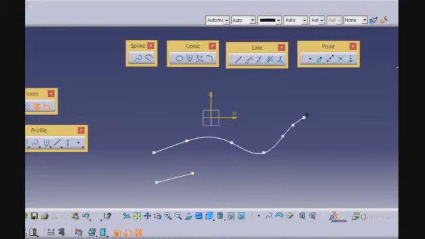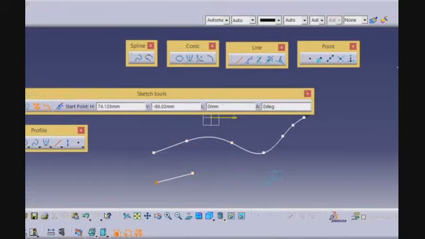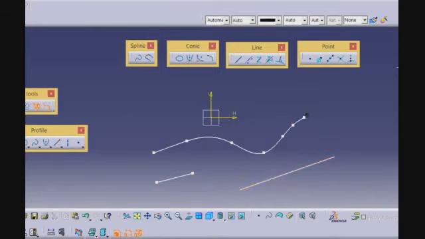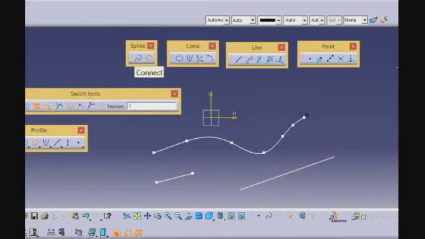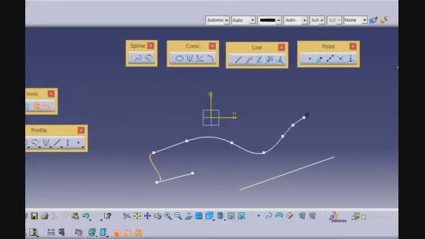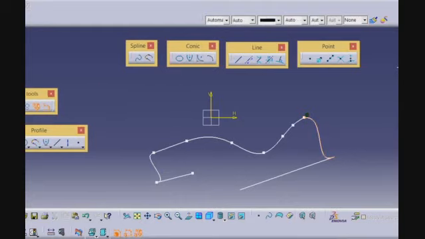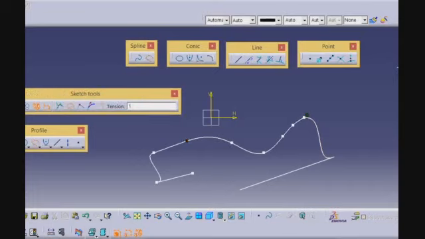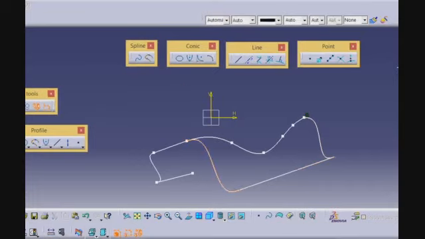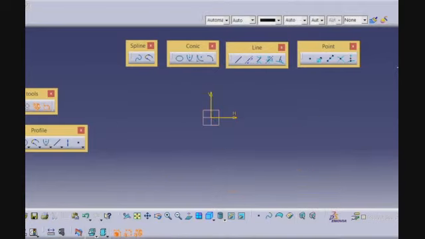You can alter the spline using different control points. However you want, you can modify the spline as per your requirement. Next is connect. For connect, you should give the two end points or any control point of the spline. Not only the spline, you can give it for a line as well. Connecting two splines or connecting two lines, anything is fine with this connect command. This is what spline and connect is.